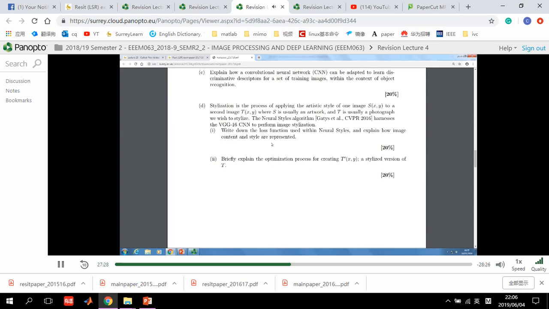So for clarity, let's call this t prime now. So that's our response we're getting from our t prime, which is just our t with some noise added to it. That's giving us these two elements of this equation. So we can measure how good our t prime is. How good that t prime is at capturing the content of the original t and the style of S. Right. It's not going to be very good initially because it's just the original with a bit of noise